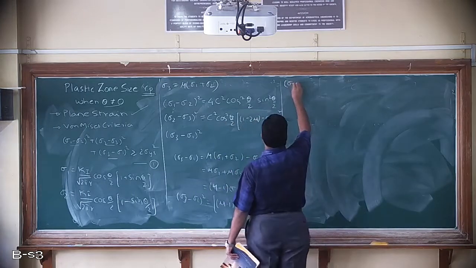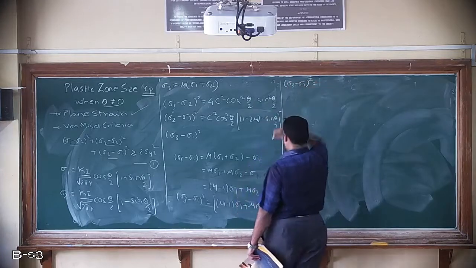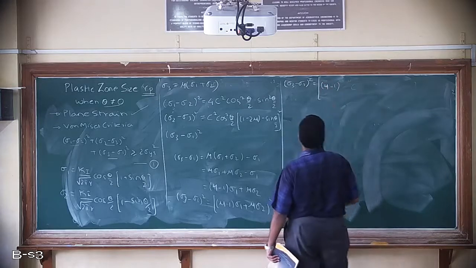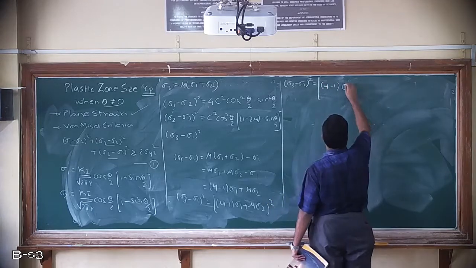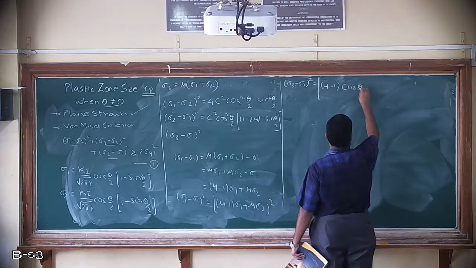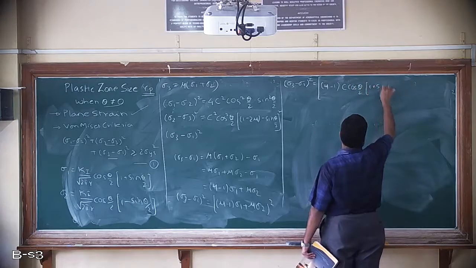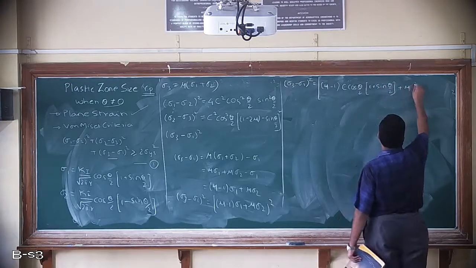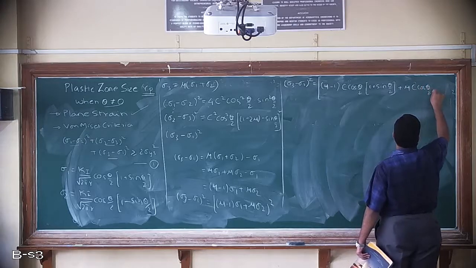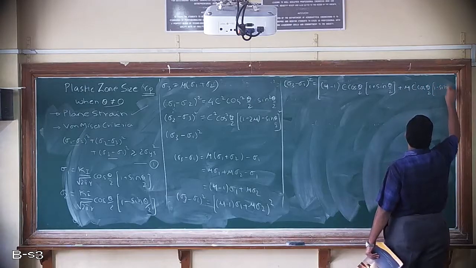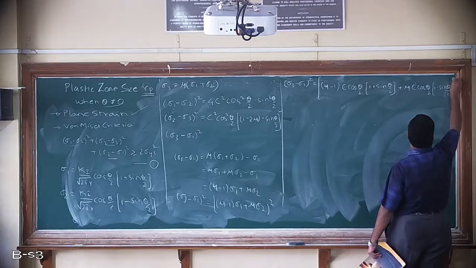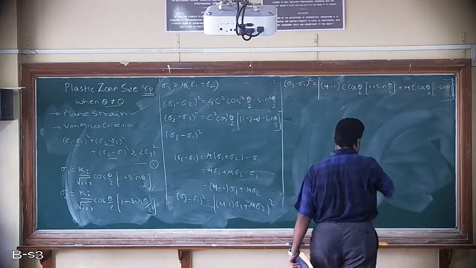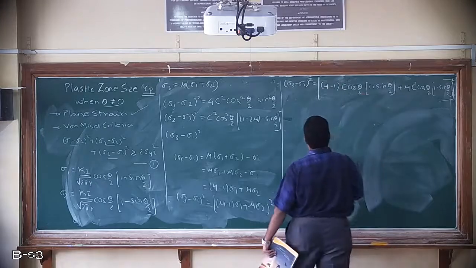So what is sigma 3 minus sigma 1 the whole square? This will be equal to, we have mu minus 1, sigma 1 is c cos theta by 2 into 1 plus sine theta by 2 plus mu into c cos theta by 2 into 1 minus sine theta by 2, and this will be the whole square. Complete. Do you agree? So now this c cos theta by 2, I'll take it outside, so I can write